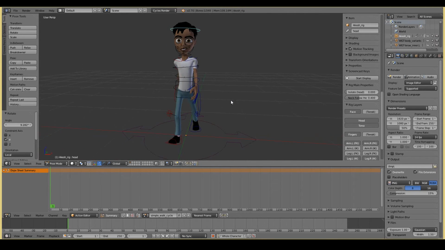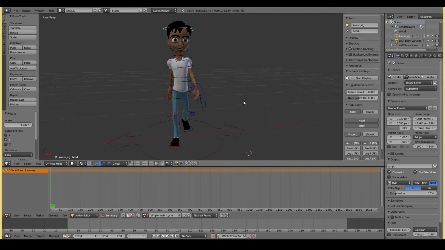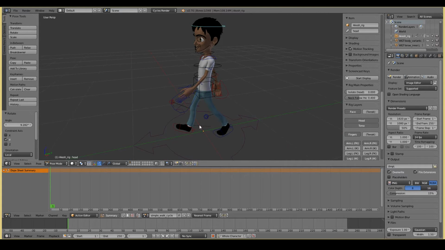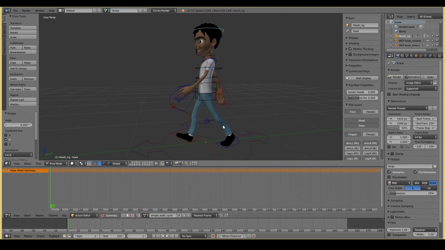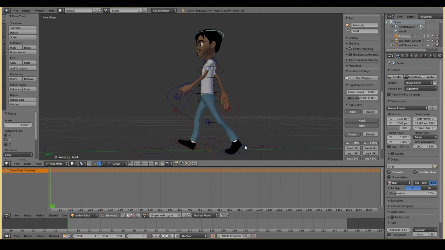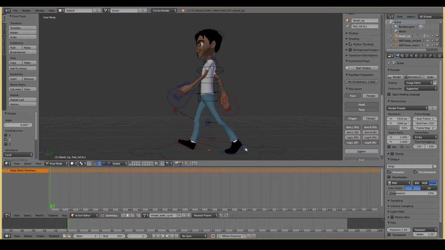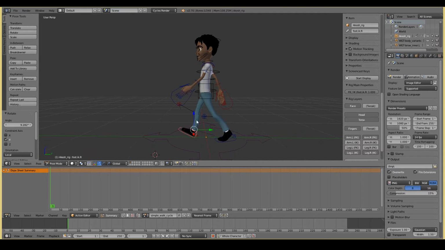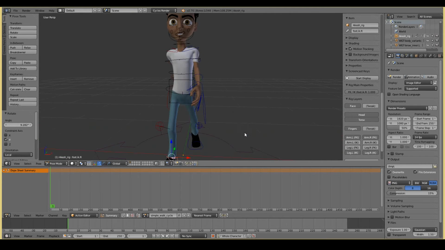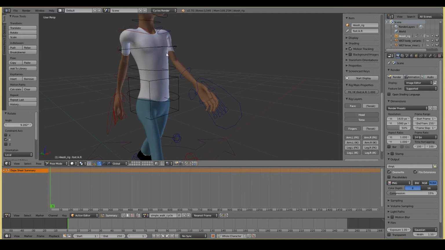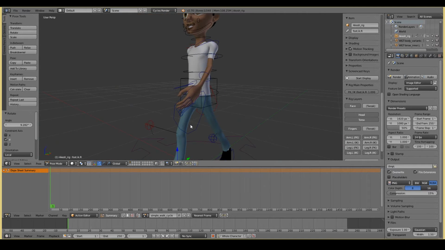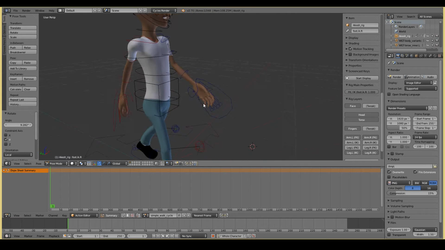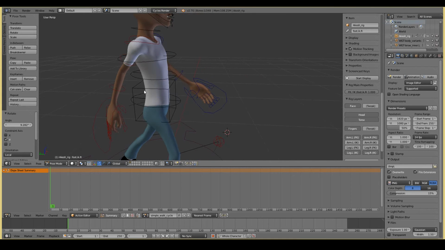That's pretty much it. So just to recap the contact pose, this is pretty much the only thing you need to memorize. These two feet need to be at their furthest apart. The back foot needs to be almost straight. The heel needs to be raised. And here, the toe needs to be raised, the front foot. And the leg can be a little bit bent. The hands have to swing in the opposite direction of the legs. So just remember that, and add a little bit of bending to make it look more natural.